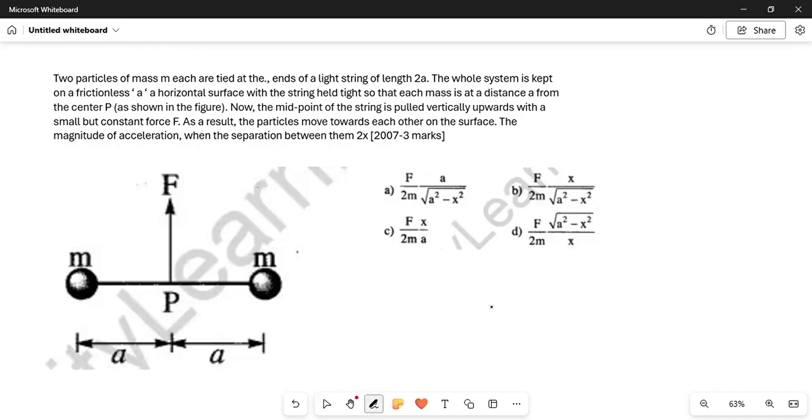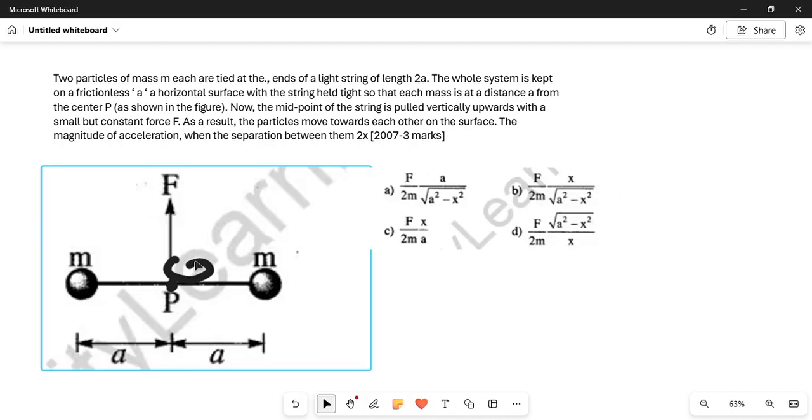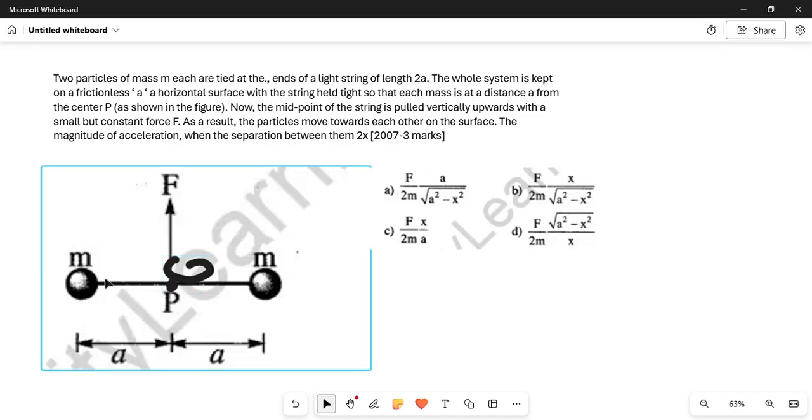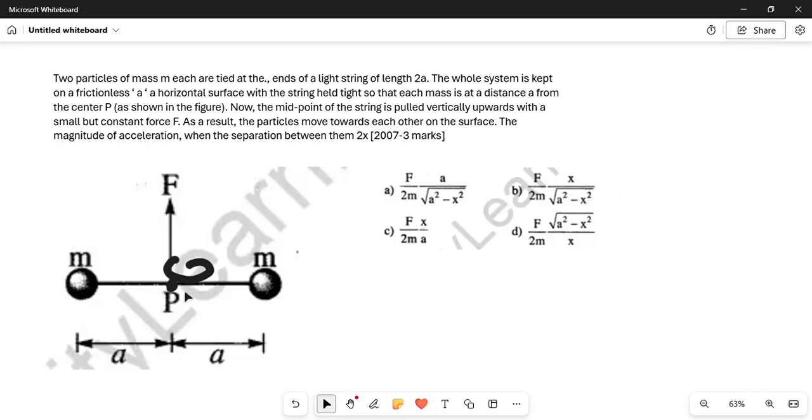So this point P is pulled vertically upwards with a small but constant force F. This is a constant force, just pulled vertically upward. As a result, the particles move towards each other on the surface. So if I pull at this point with a force F, these two particles move towards each other on the surface,